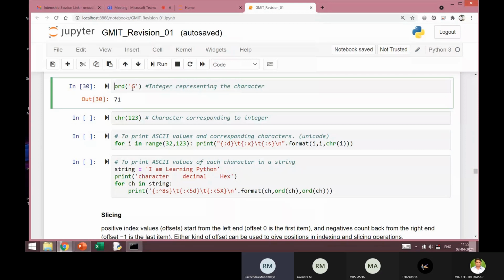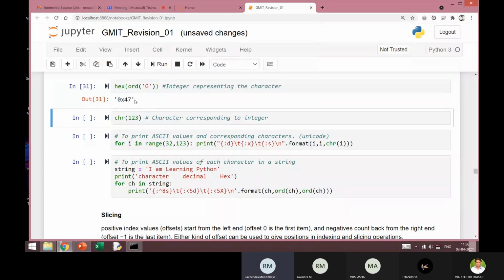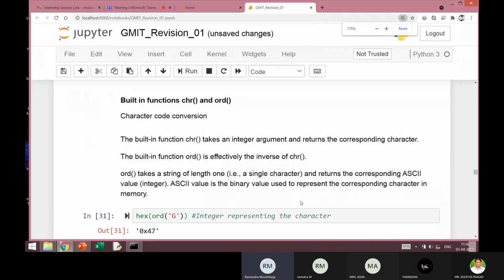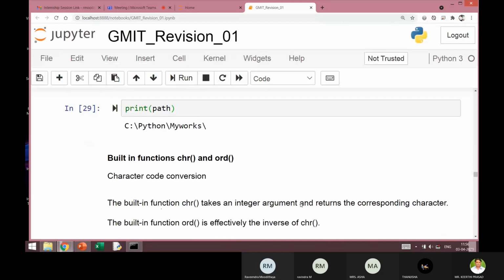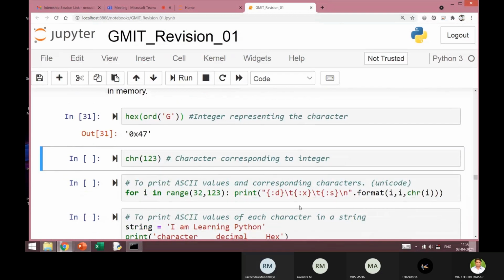If I want the hexadecimal representation, I can simply put hex outside this. Now this will give me the hexadecimal value. Well, I have a small query here.